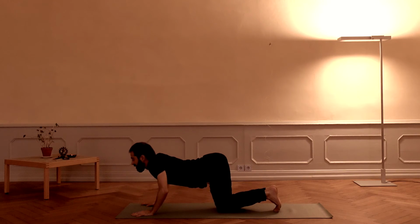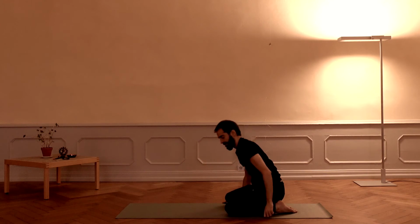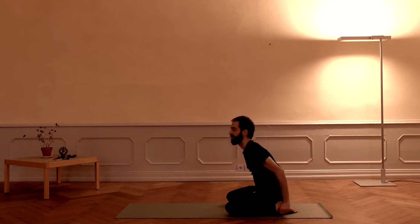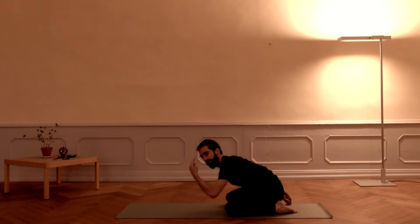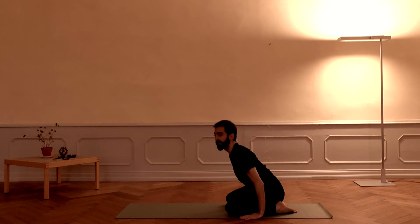And from here, if you are tired, you may open your knees in a child pose, it's called, and then you go to the front, placing your forehead and just releasing all your tensions, giving yourself a rest, nice rest. And then after 20 seconds, if you like,